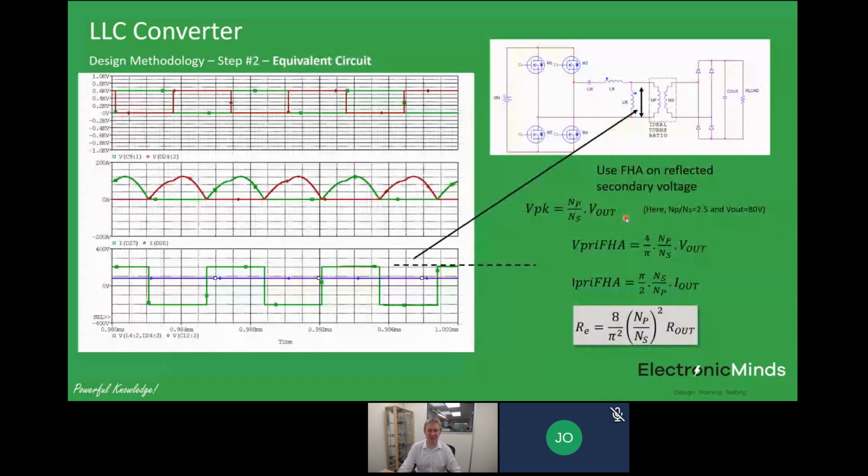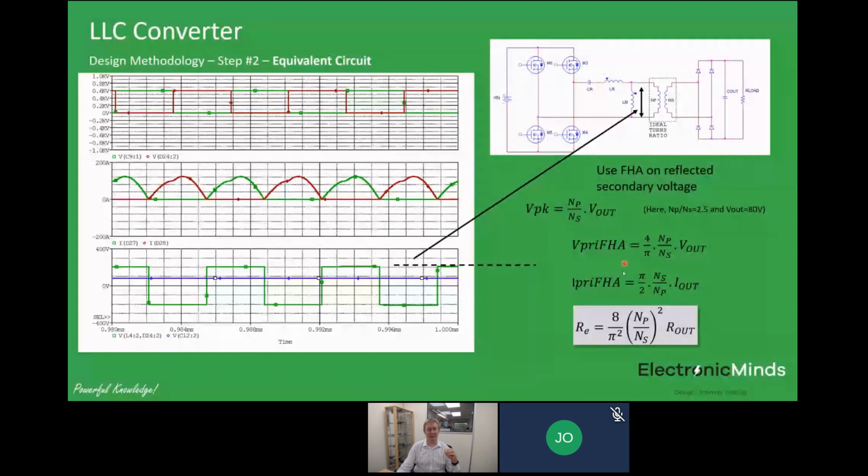Step 2, the equivalent circuit here. The next step is to try and represent the output stage of this converter in terms of what the primary side circuit sees. Now, when you're close to resonance, the voltage being developed across this primary winding is a square wave with a peak magnitude given by just the turns ratio times the output voltage. So you can perform a first harmonic approximation on that waveform again to give you the value of that